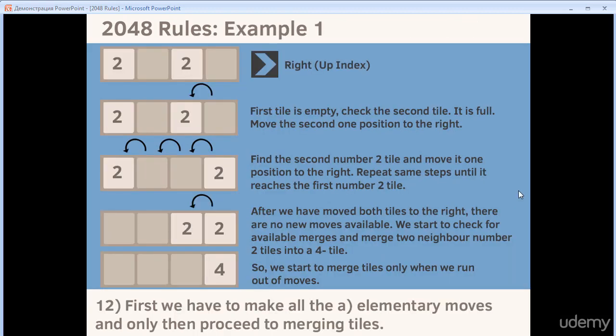And in these next couple of slides, I wanted to provide a couple of examples of how we make our moves step by step. So let's say we have a number 2 tile, then we have a blank space, then we have another number 2 tile, and then another blank space. If we move to the right, we start scanning our line for moves from the right. In our first scan, we compare these two, and we can see that we have our elementary move available, so this empty tile and this number 2 tile will be swapped,